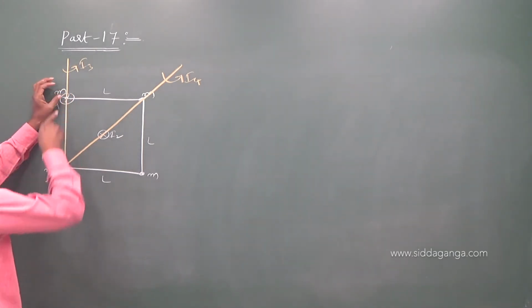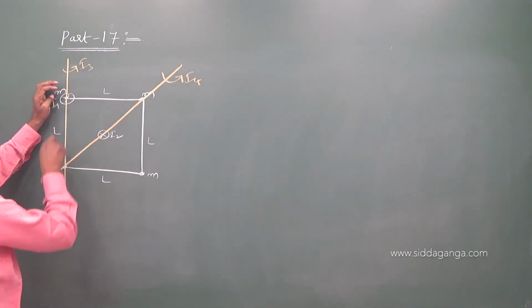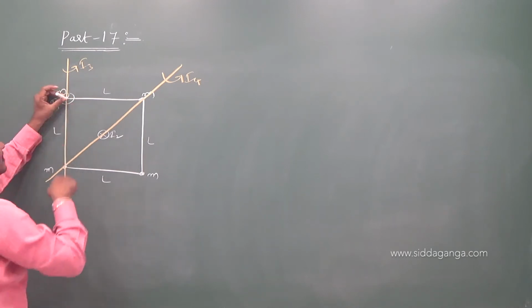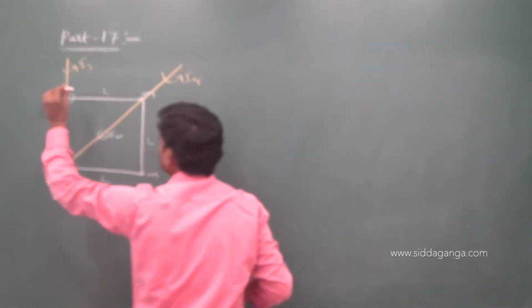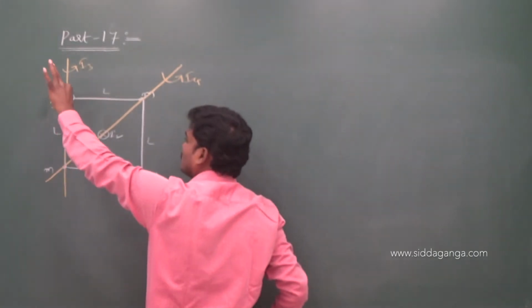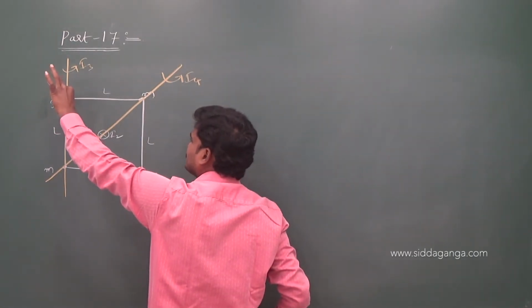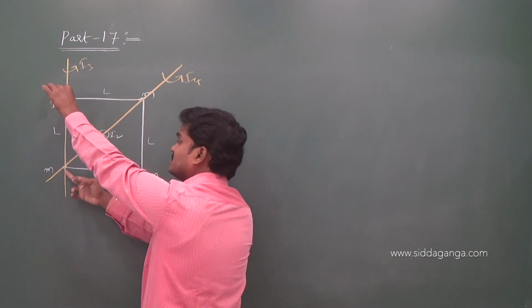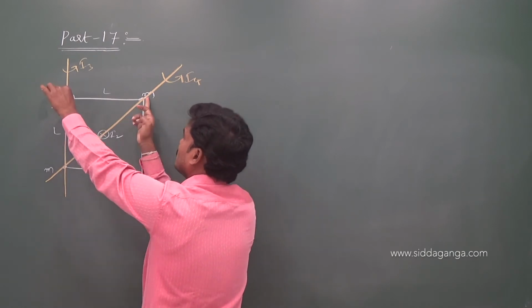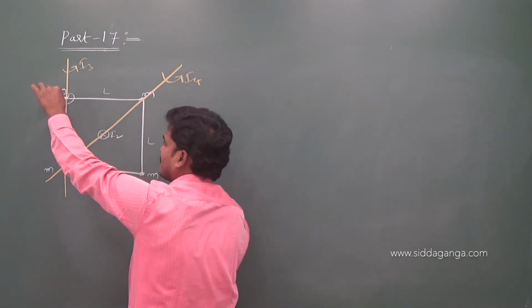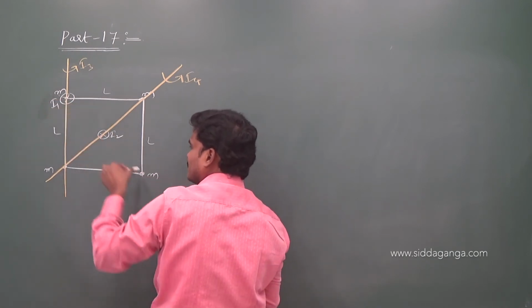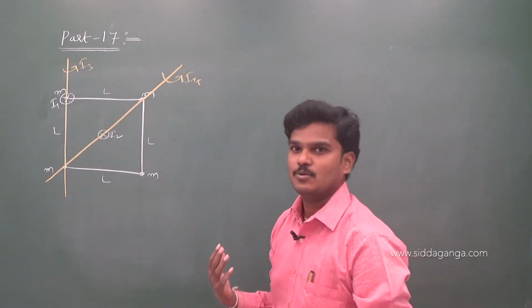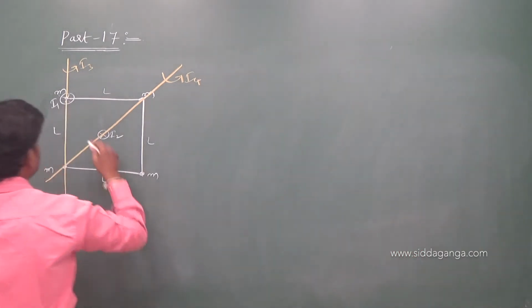Into the board. This is at a distance of what? L. This is at a perpendicular distance. This is into the board. Don't think that this particle is on this axis. See the chalk piece position. In what way I am putting the chalk piece here? Into the board. For this I1, because of this M, there is no moment of inertia. But because of this, yes, there is a moment of inertia, M into L square, ML square. And this distance, I think you know this distance clearly. If the square of side is L, what is the diagonal? Root 2L. So this is root 2L.